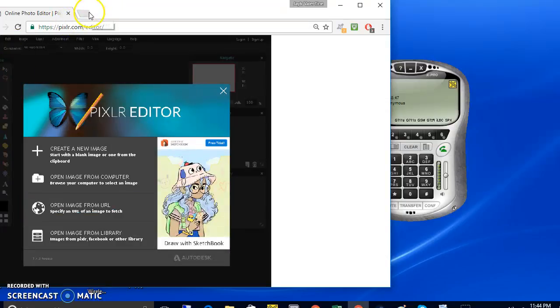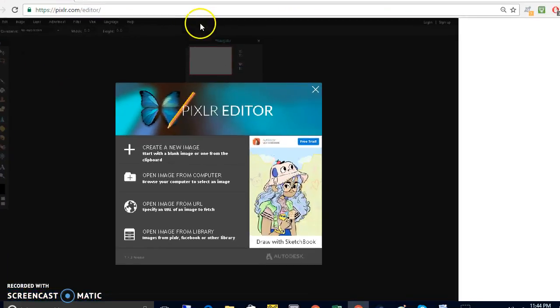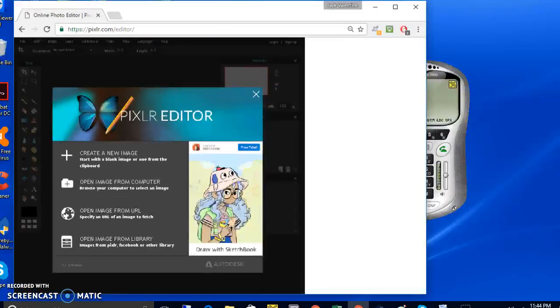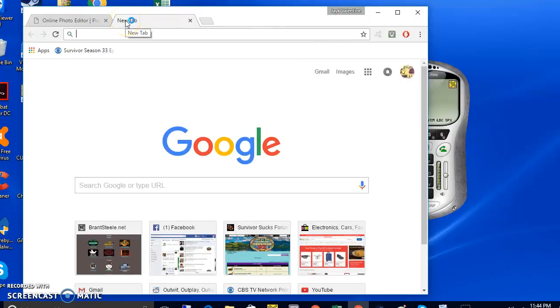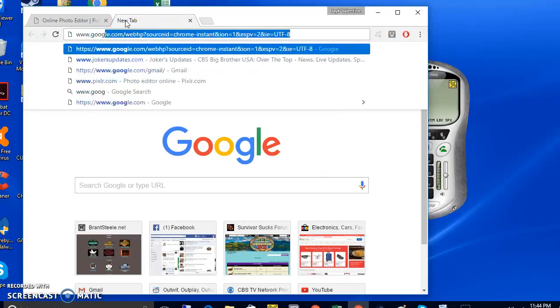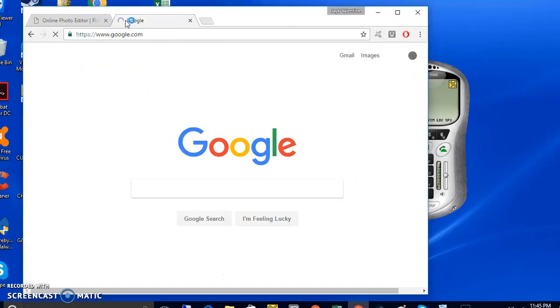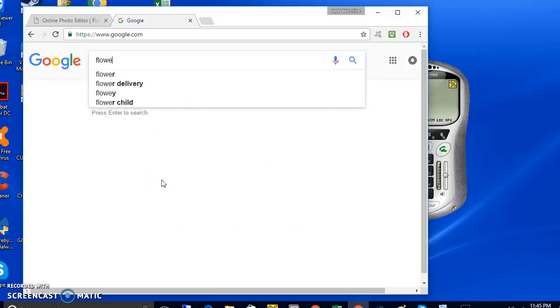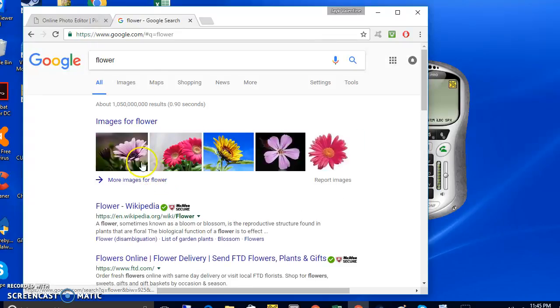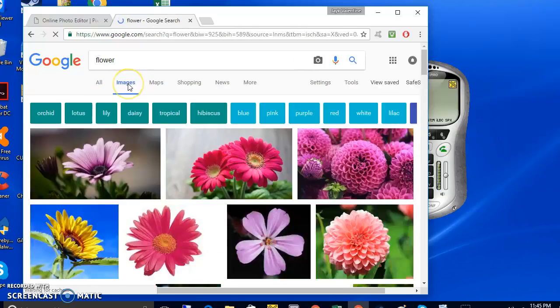Before we take an image, I'm just going to download an image just for the hell of it. Let's pull that up. Hold on. What's something random, like flower? Let's do that. Okay, so I'm going to download a couple of different pictures of flowers and open them up and copy and paste them using